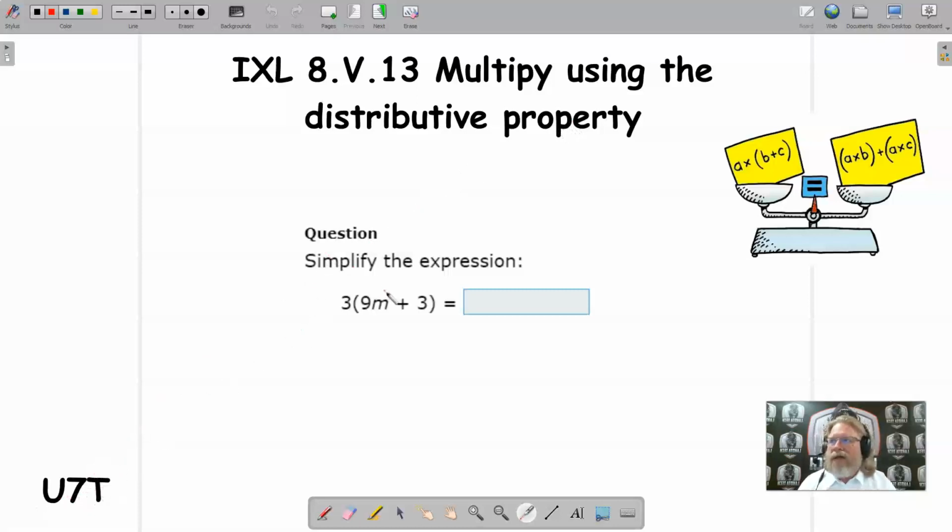So we've talked about the distributive property in other exercises, kind of touched on it a bit in the upper SMART score levels of another activity. But this particular activity is centered around nothing but the distributive property. So I have this visual up here, this little scale showing that these two expressions are equivalent to one another. However, I don't really care for the use of the multiplication sign. We don't really have to use it. We could say that A times the quantity of B plus C is equal to A times B plus A